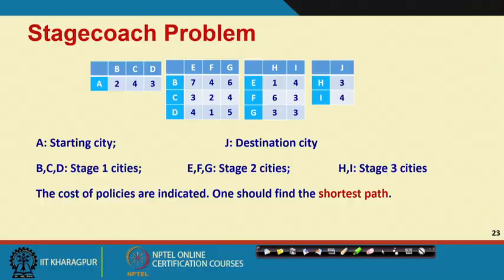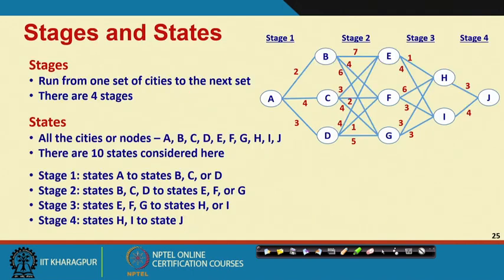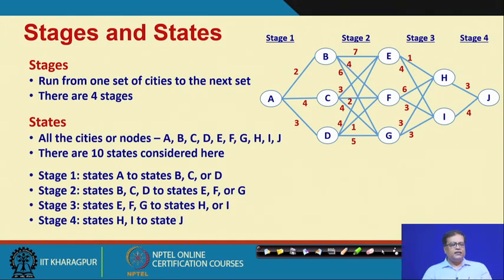Number 1 is the stages, different stages, right. Number 2, the different states, right. Number 3, the decisions that we should make at every stage. Is it all right? And fourth, the recursive relationship which connects a given stage to the next stage, right. So, these are the things that we should fix up to solve this problem with dynamic programming. So, what are the stages and states?